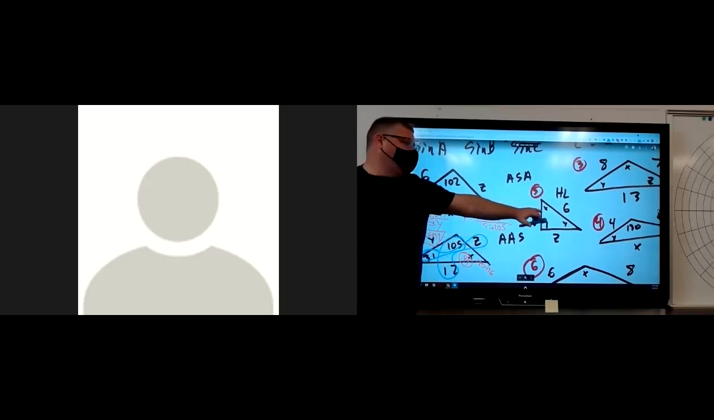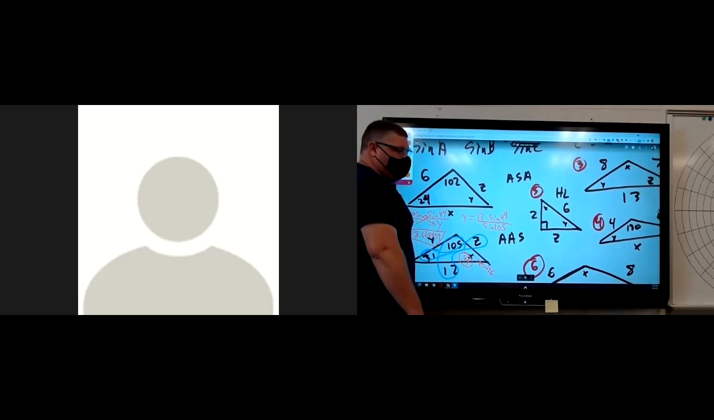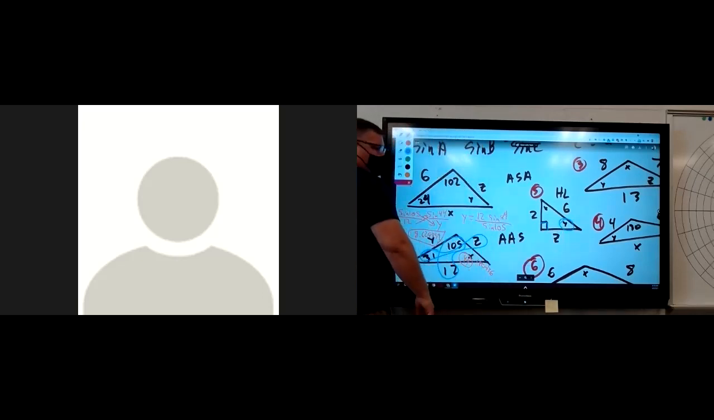Now, how come over here I don't have to worry too much about rounding? How come for number 5, I don't need to worry too much about rounding? There's a right angle, so that's 90, correct? How do I find y again? What do I know? 2 and what is this side? Opposite. And because it's a right angle, I can just say sine of